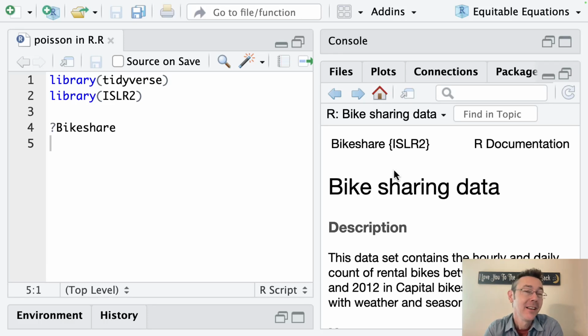Hey everybody. Today we're going to do some Poisson regression in R. I'm going to be looking at the bike sharing dataset from the ISLR2 package. I've already loaded that up along with tidyverse, of course. The ISLR2 package is a bunch of datasets supporting the excellent book Introduction to Statistical Learning with Applications in R,